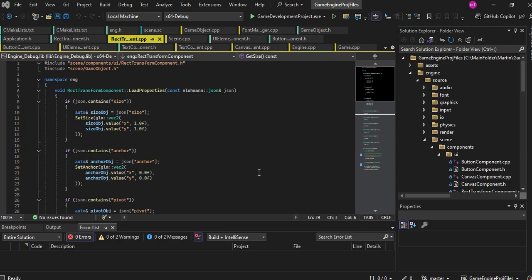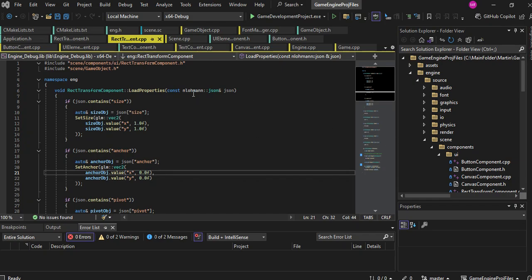Multiple scene loading, more complex UI, trigger bounds. For example, if you go over an area, then something else loads, or a door opens, whatever it may be. There's a lot that I need to figure out from the ground up, but that's the fun part of this. So I think what I'll just go over now is maybe